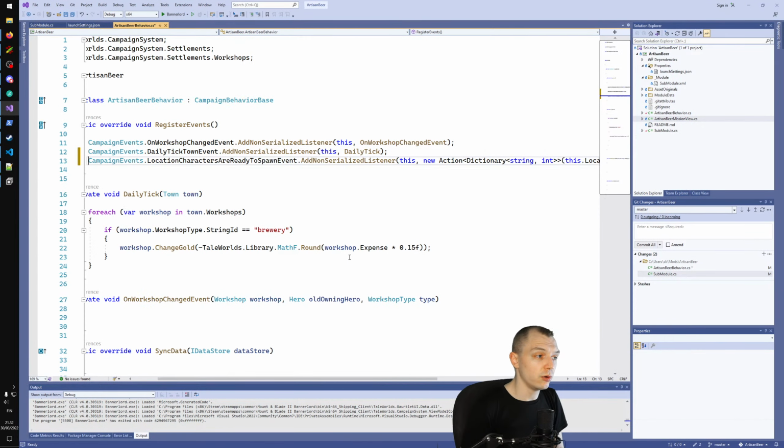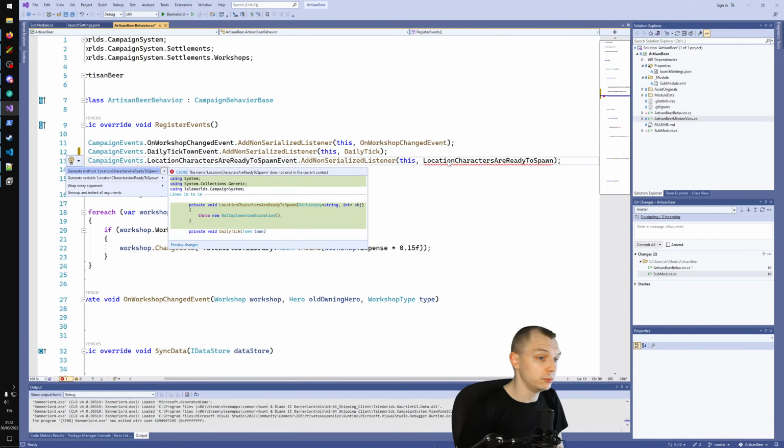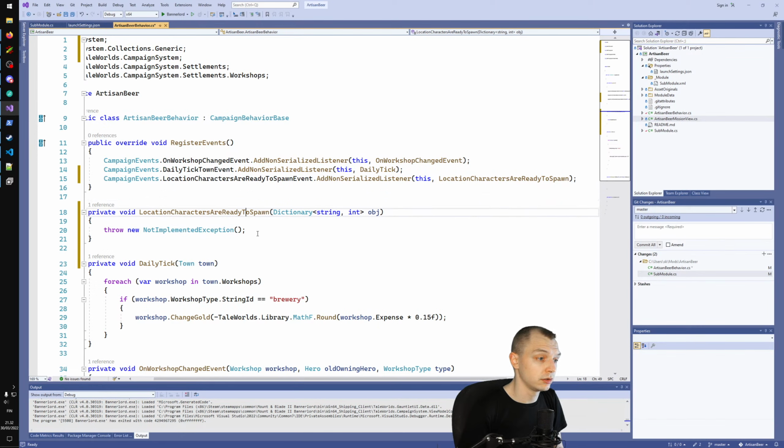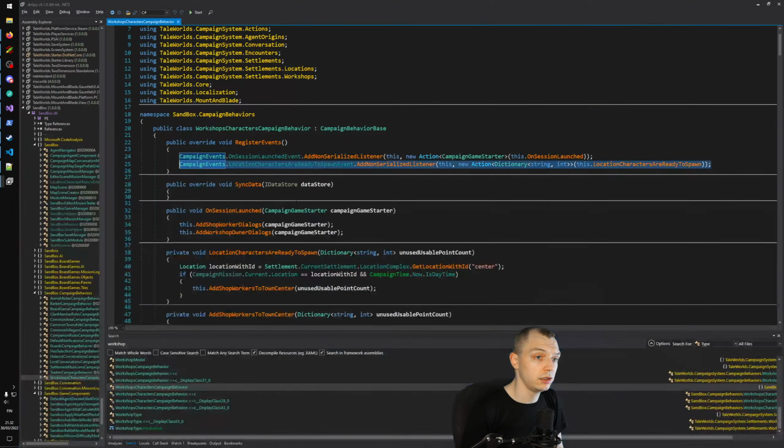I don't even know honestly what location characters really are. I just know that they are basically NPCs, and a location character is some sort of agent that is tied to some specific location in the map. So we can take this location characters are ready to spawn, and this is a fine method name for us as well. So we just copy that in, and this